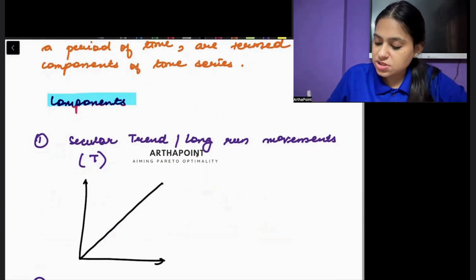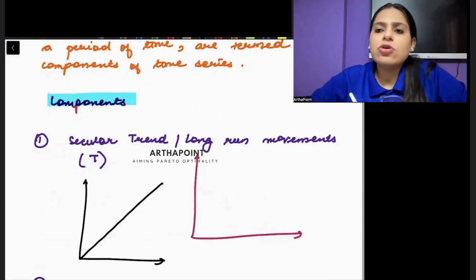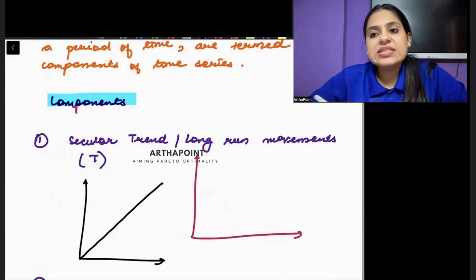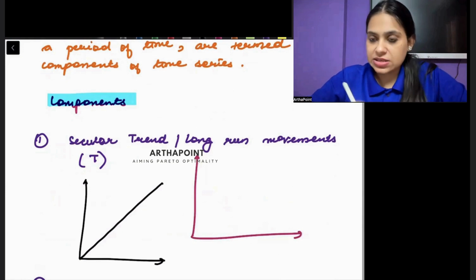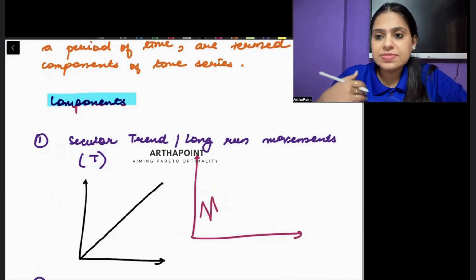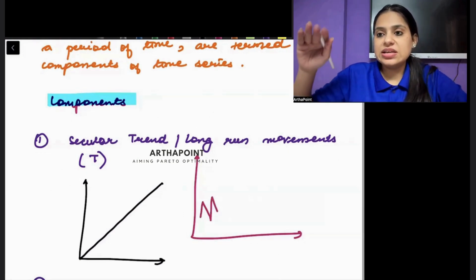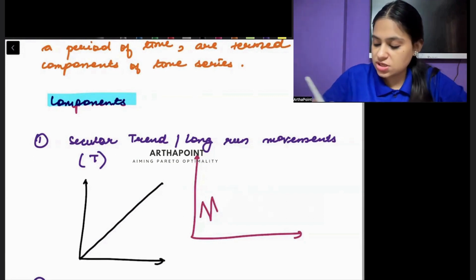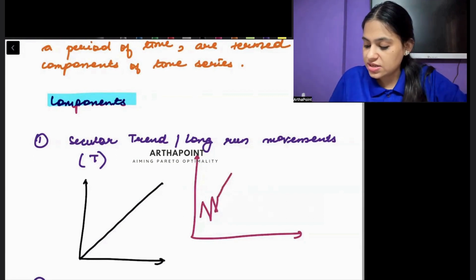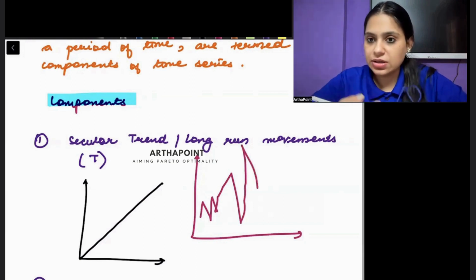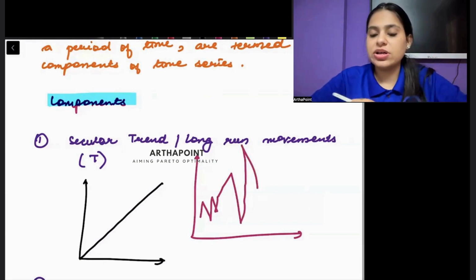तो जैसे अगर मैं इंडिया की बात करूं, it will be possible that sometimes the GDP of the economy will be increasing and sometimes the GDP of the economy will be decreasing. Suppose ऐसा कुछ हो रहा है कि increase हो रही है, decrease हो रही है, increase, decrease. So it can go ahead and follow different short run movements, which can be increasing or decreasing.